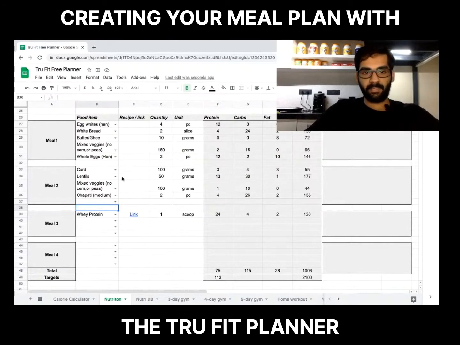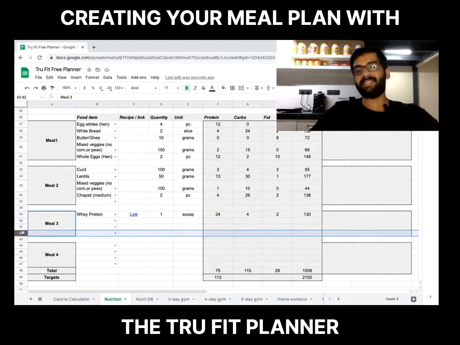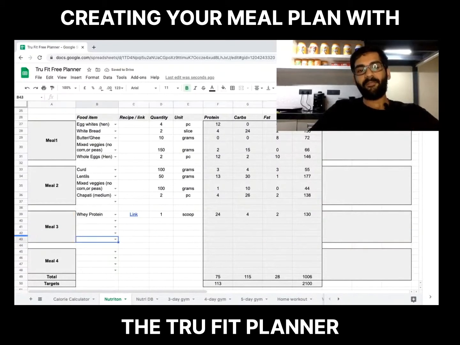And yeah, so this is your meal planner. Simply add things over here. Now, this is one thing you need to be careful about. Let's say in my evening snack or my meal 3 I want to add 1 more item. So click the entire row and press Command, or Control on Windows, and plus. That will create 1 more row. One thing that needs to be done when you do that is we have certain formulas over here. So simply copy these many cells and add them over here.